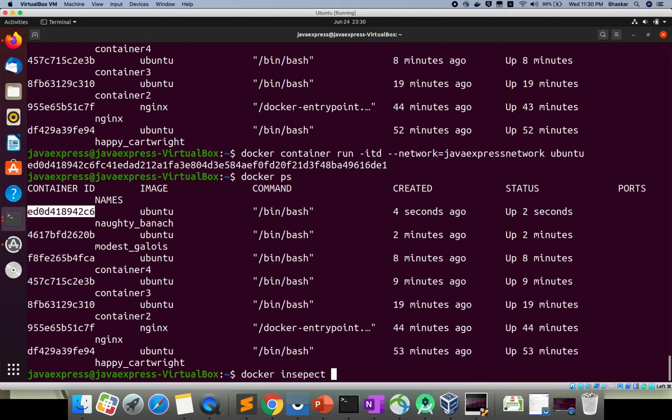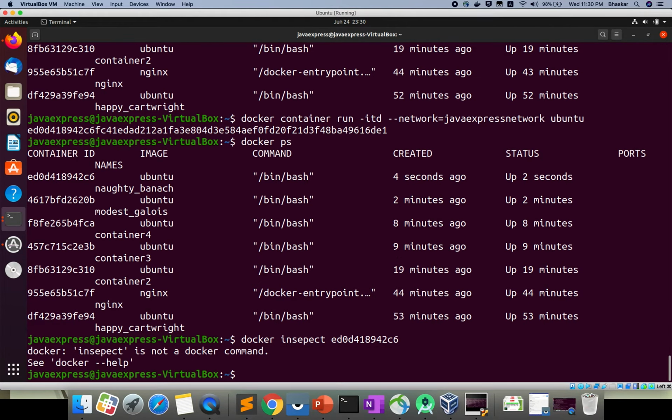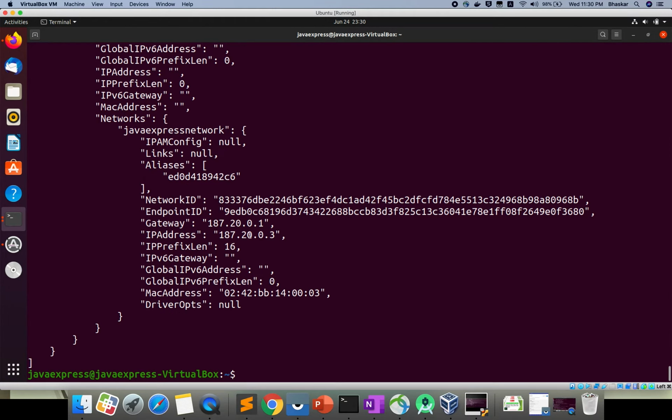Docker inspect, sorry, spelling wrong. This is my IP. Okay, just copy 03. Okay, now I will log in inside my container.